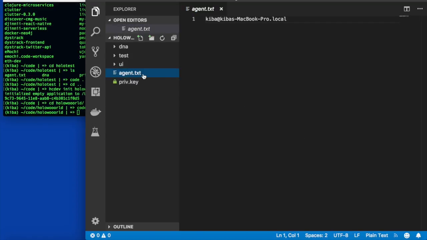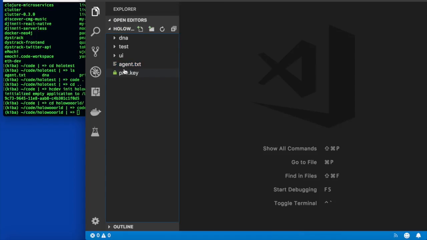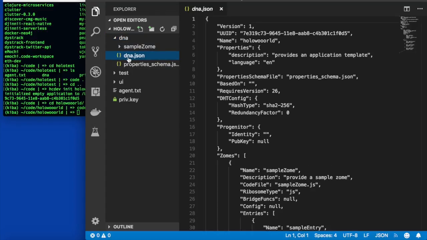UI is where we're going to be putting a React app, obviously, or the React component to our app. Testing is for test-driven development. And then your DNA directory is the project directory. This is where actual Holochain code lives. And we're going to go into the DNA.json, which is kind of like the meta file for your project, the big overview. It gives the name, the ID,